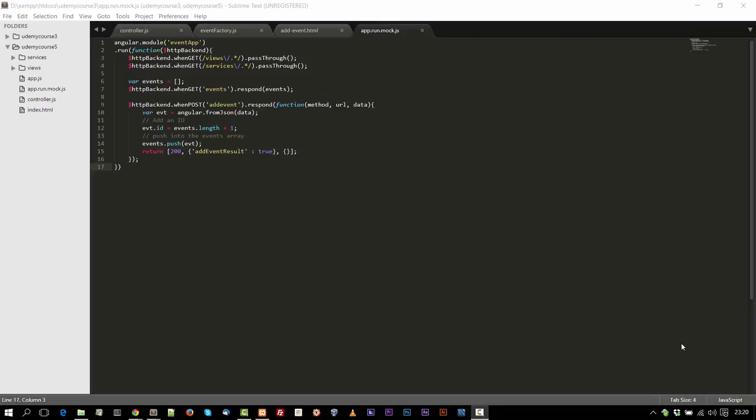Hi guys, this is the second lesson about mocking. In the previous one I showed you how to implement a backend mockup, and in this one the proposal is to show you how it works. So first of all, let's start by opening the old file, our